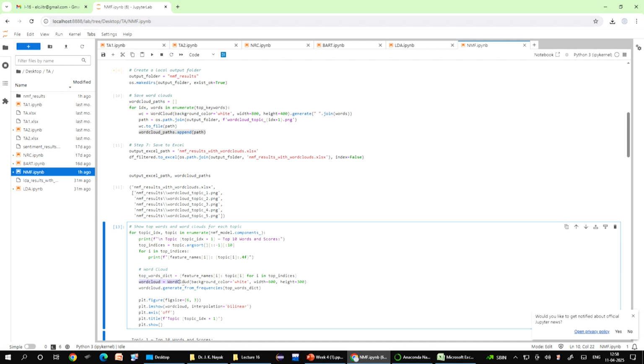Okay. And the next one, word cloud, this one initializes a word cloud object with a white background and a specific size for display, right. You remember we did the same process in LDA also. The next one generates the word cloud using the weights in top words, right. So, that is the word importance as frequency, and the next few lines help you to create a new